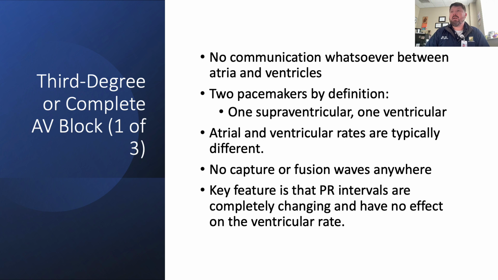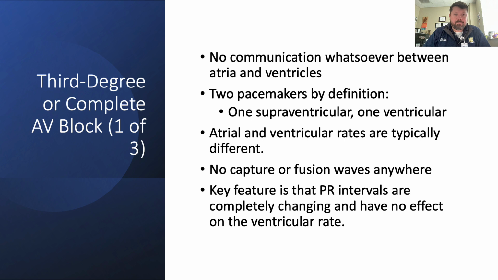So with a third degree or complete AV block, there is absolutely no communication between the atria and the ventricles. At the AV node/AV junction, there has been a complete blockade between the conduction as it goes from the atria to the ventricles. There will be two pacemakers in this situation. You've got a supraventricular pacemaker that's trying to deliver a conduction to the ventricles, but then you have a ventricular pacemaker because the ventricles are not receiving that impulse, and so they have to take over and start